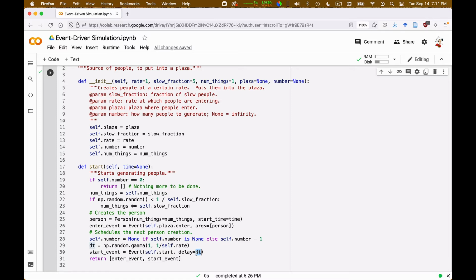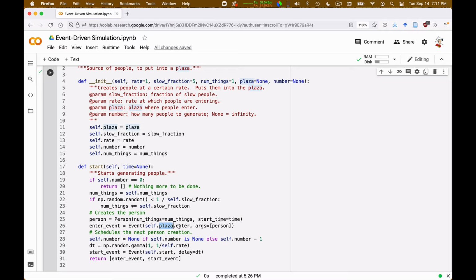Okay. The enter event is also triggered, and is the event of the person that is generated entering the plaza. And so this is an event that causes self.plaza.enter. Self.plaza is the plaza associated with the source. Every source has to have a plaza where it puts the people created.